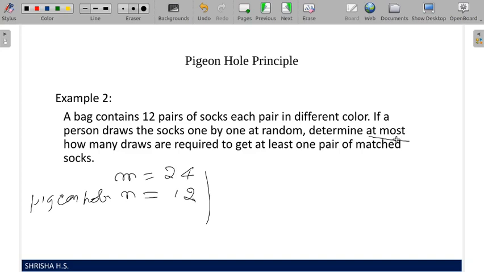Here it is at most, the worst case, where every time you pick, you get a different color. After 12 picks with 12 different colors, in the 13th pick it's guaranteed that it will definitely be a matched one. If you take 13, for example, and n equal to 12, still m is greater than n. So write this in a written sentence, nothing mathematical here. Represent m and n, and write this explanation we have discussed just now in sentence form.